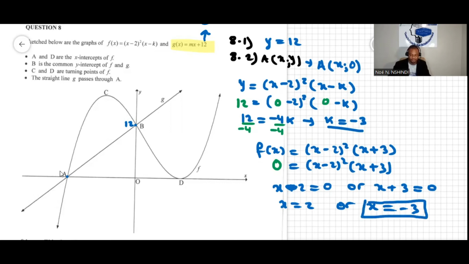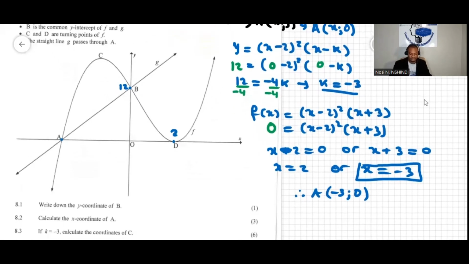So therefore A is the point -3, 0. Somehow we already find this x is equal to 2. This is the other intercept. Okay, this is the point D. It wasn't asked here yet. So we find the value of A. Now,